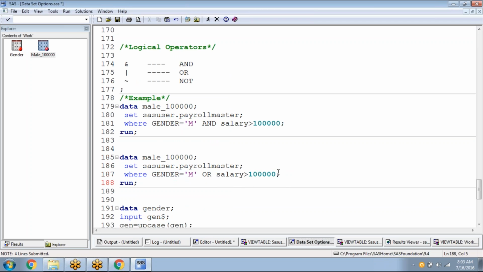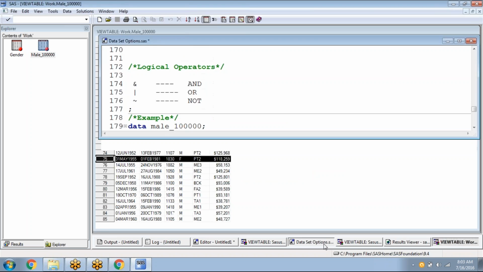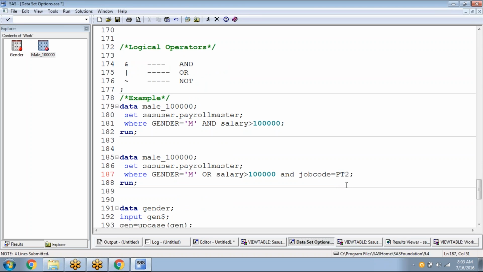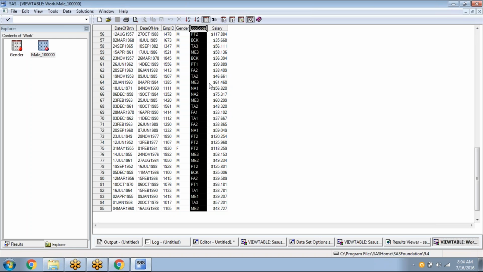So let me say AND job code equals to PT. What are the job codes? We have PT, something like PT2. There is a field called job code. In this job code, you have